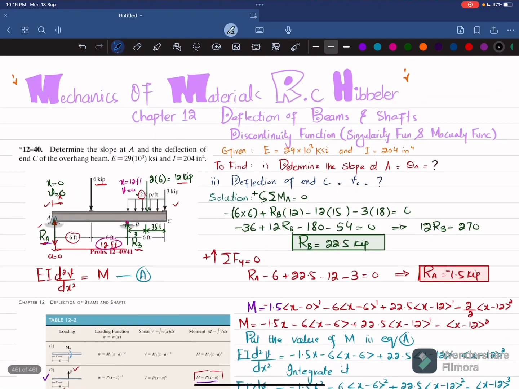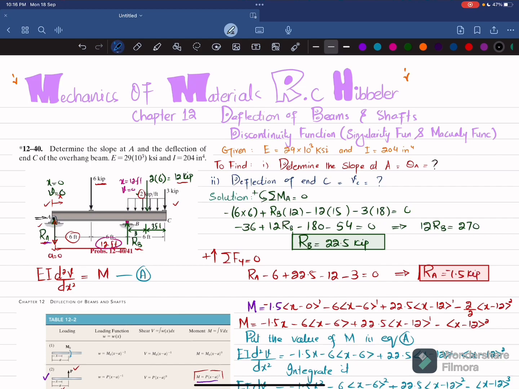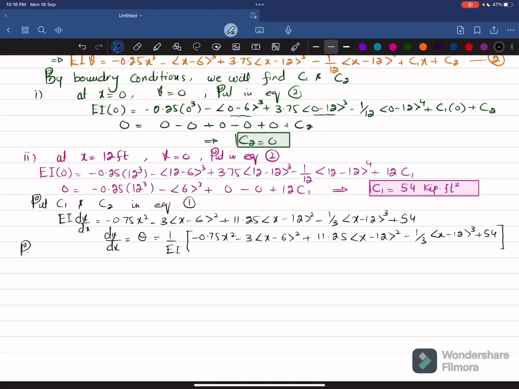So this is the equation of slope. Now we have to find the slope at point A. So point A is this one. It means that at x is equal to 0, we have to find the slope at A. So put x is equal to 0. So this dv over dx at x is equal to 0 will be equal to the slope at point A, and